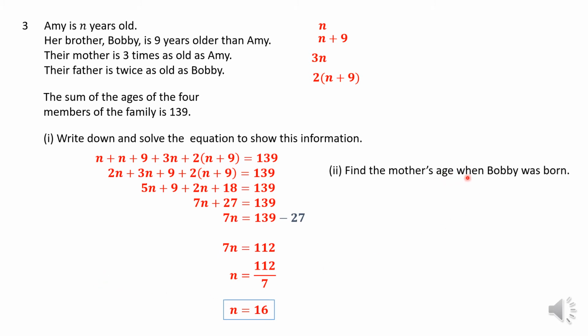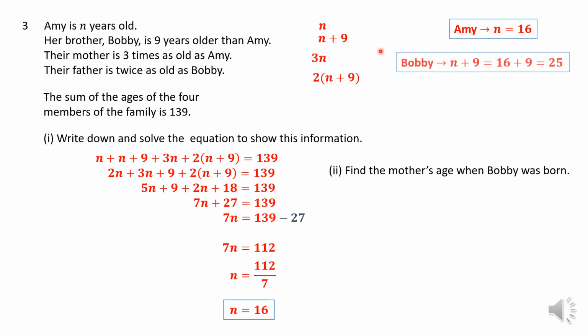Right, so now there's a second part here. It says find the mother's age when Bobby was born. So this can be a bit tricky because you can struggle with this. When Bobby was born, he was 0 years old. Okay, all right, maybe some days, some hours, so he was not yet a complete year. So something must be subtracted. So what I do is, since I know what n is, which is effectively the age of Amy,